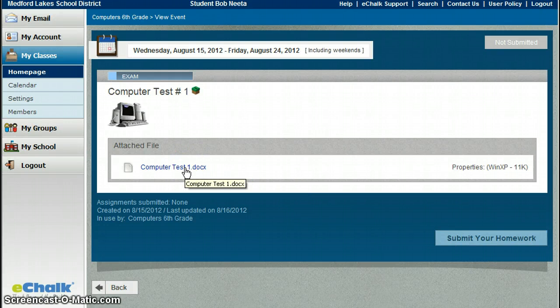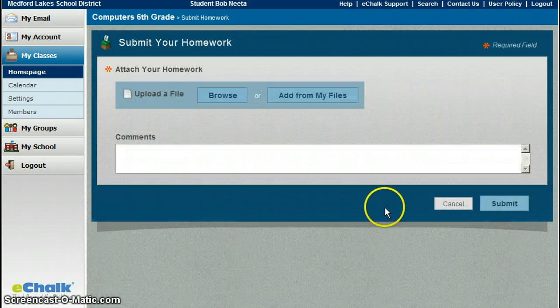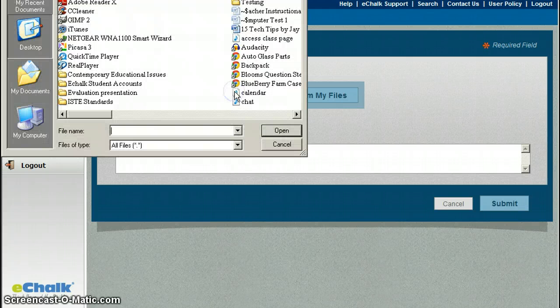So I'm just going to say that I completed this test. I am student Bob Nita, and I finished my test, and I'm ready to submit it. It's a Saturday, and I'm just going to submit my homework. So I'm going to click on Submit Your Homework, and there are 2 options here. Students can actually save their files inside of their account, so if they were to save something that they are working on to this account, they could do that. They could also browse from any computer that they're working on, so if they have their own laptop at home, or some other device where they've saved the work, they can just browse and save this file. So I'm going to browse here,